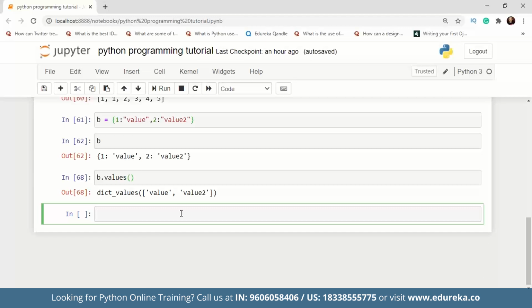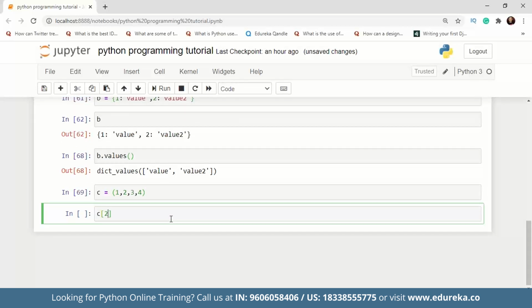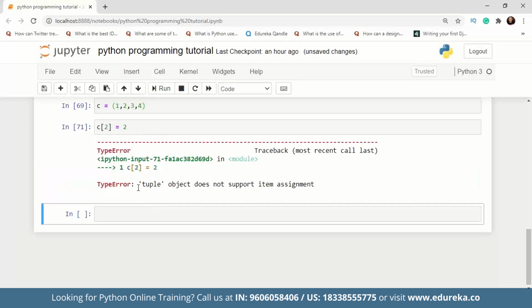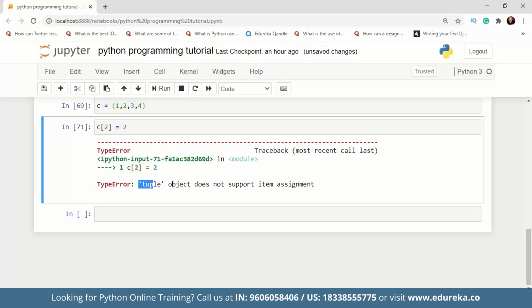Right, so this is all about a dictionary that we're going to discuss, and after that I want to discuss a tuple, guys. So a tuple is ordered and immutable in nature, which means you also cannot change the value inside a tuple. And to declare a tuple, again you use round brackets. So let's say I give it some values, right? So I use the indexing to access the values, and if I want to reassign some value, I get a type error which says tuple object does not support item assignment, which is the same as a string, guys.